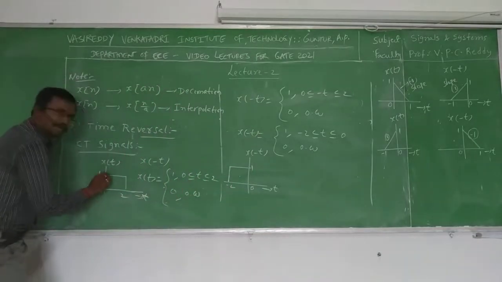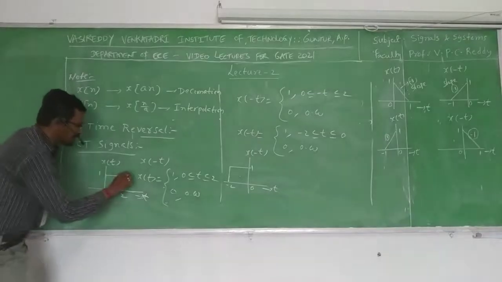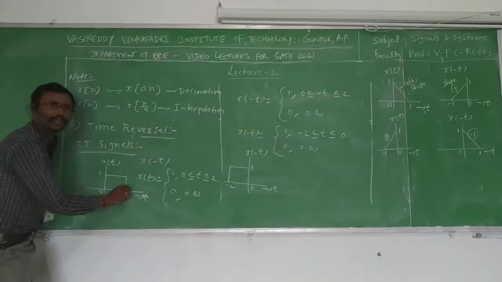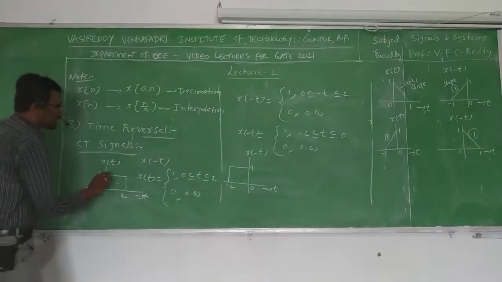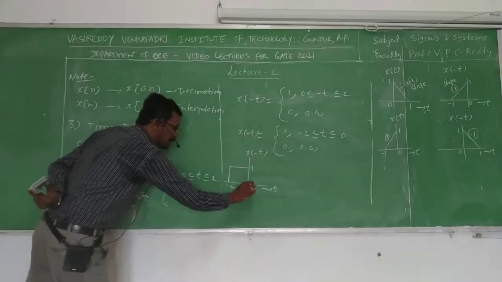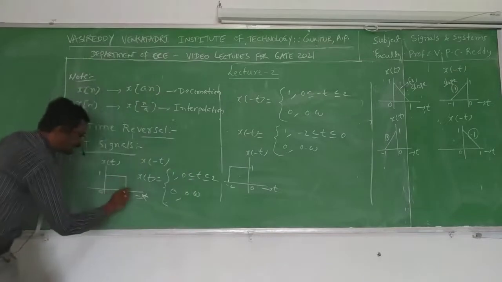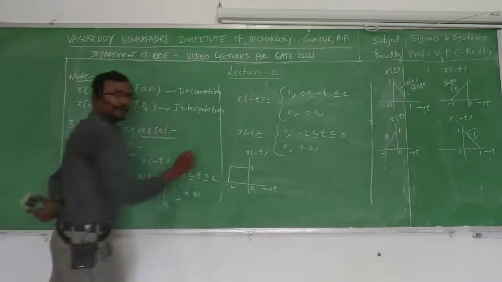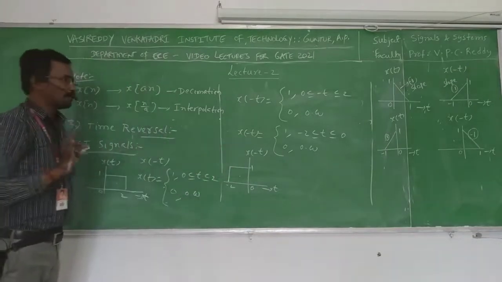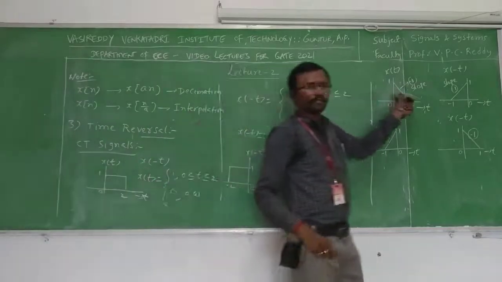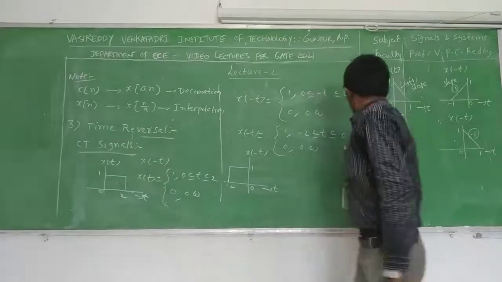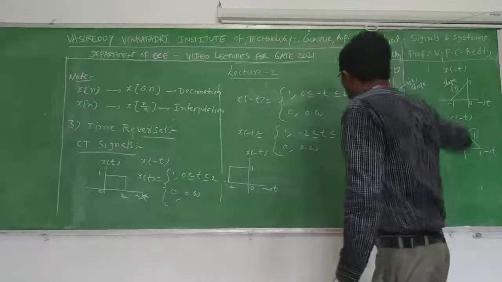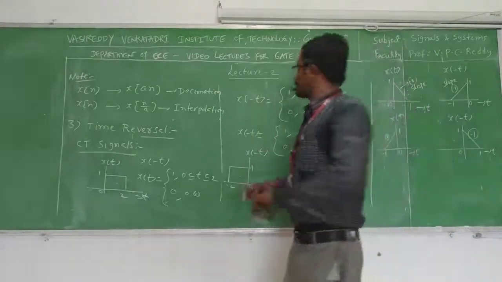Moreover, sudden jump is also known as positive discontinuity. Sudden fall is also known as negative discontinuity. So if you compare these two, the positive discontinuity becomes negative discontinuity and the negative discontinuity becomes positive discontinuity after time reversal. Okay, so what about slope? Positive slope becomes negative slope, and negative slope becomes positive slope. Okay, so by looking at all these things, we will make some note points.